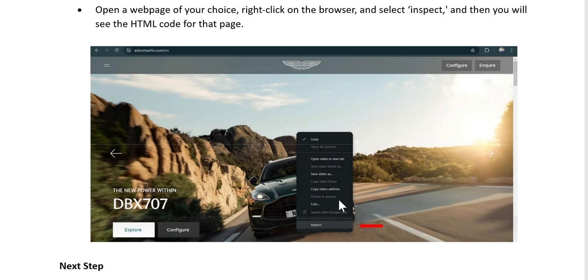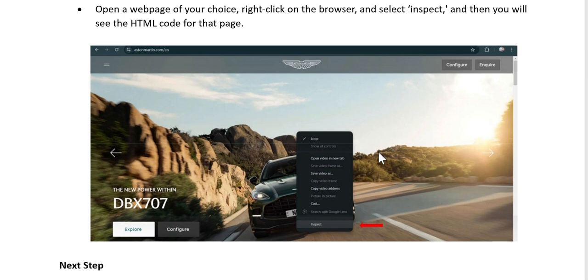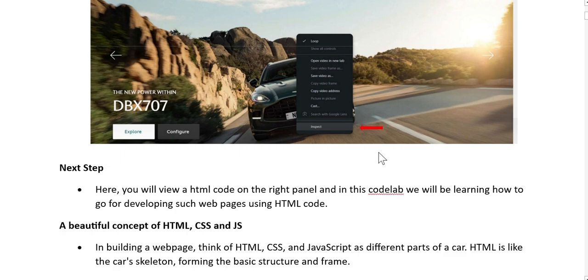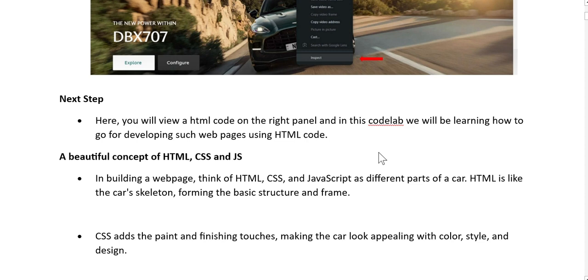By clicking Inspect, you can see the whole HTML code which was written for that page. By seeing that, you will get to know about the code and how to write HTML code. Go and check out this exercise.